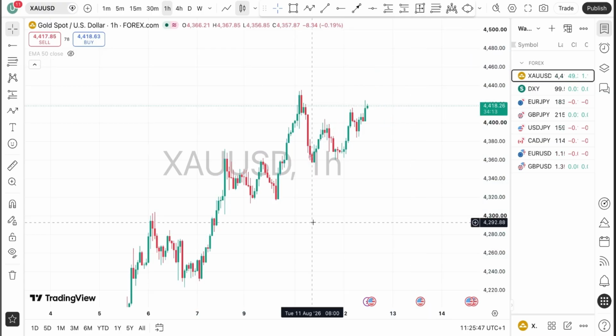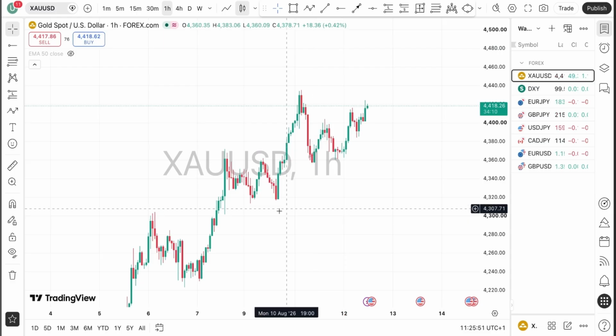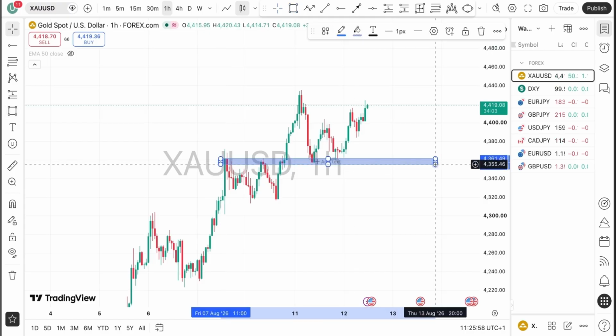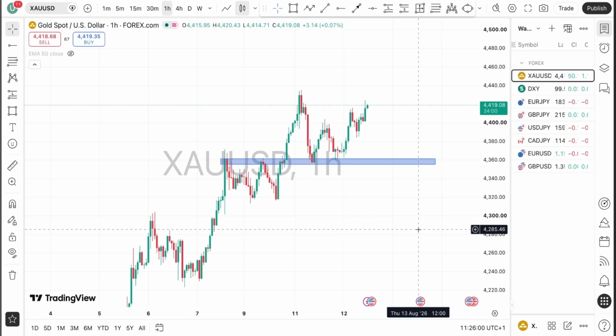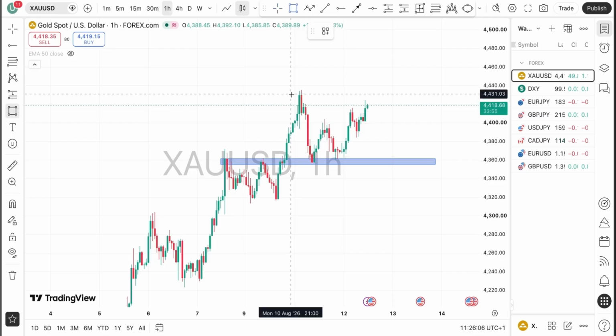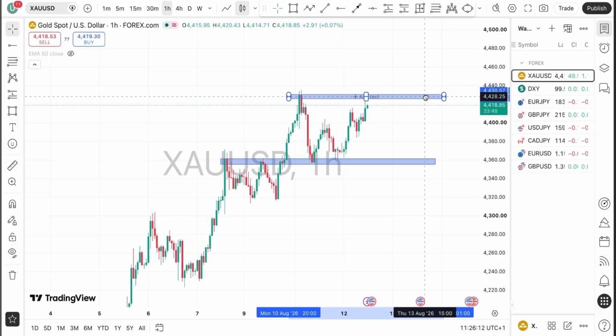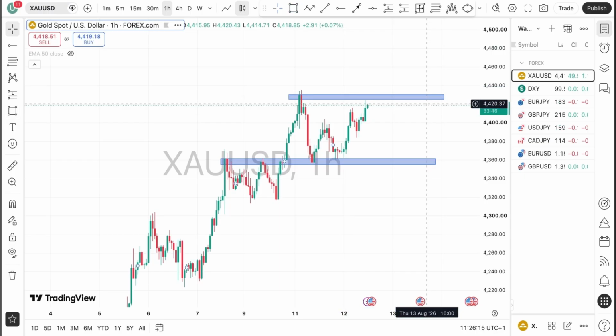Then on the 1 hour time frame, I start drawing zones where the market will be getting to. There is a zone here, a previous resistance turned support, on the 1 hour time frame. This is the current high of the market. I just indicate it to know that this is where the market has gotten to at the moment. So we'll be expecting maybe a pullback